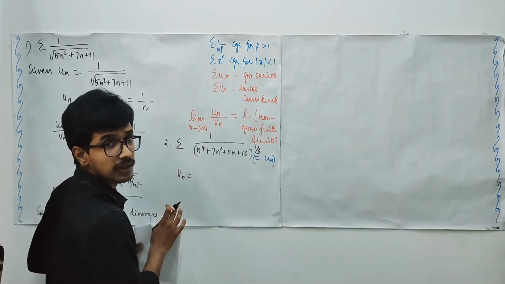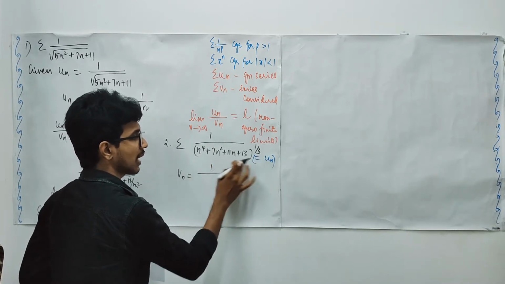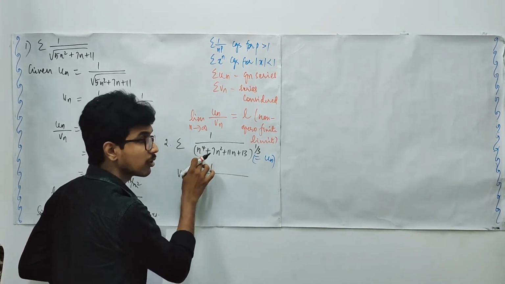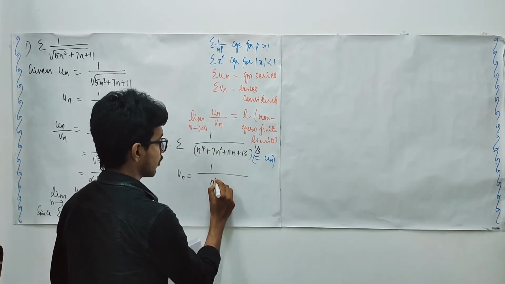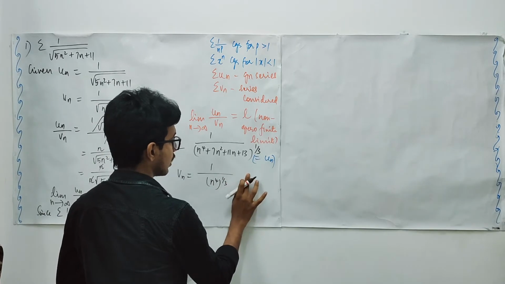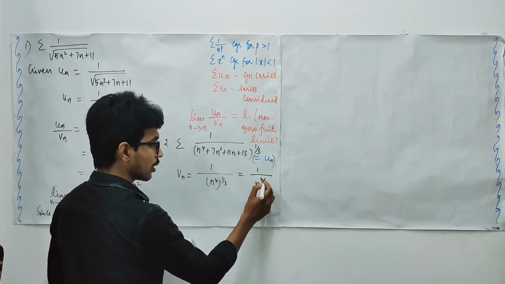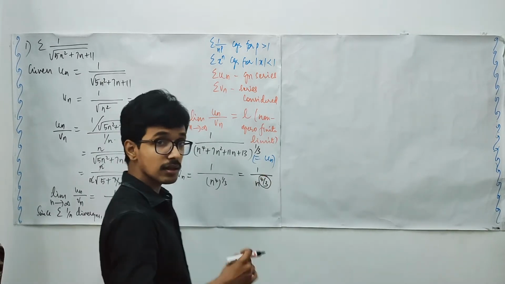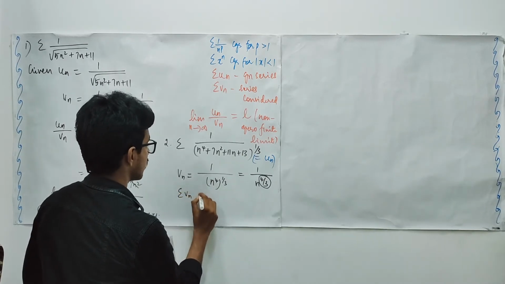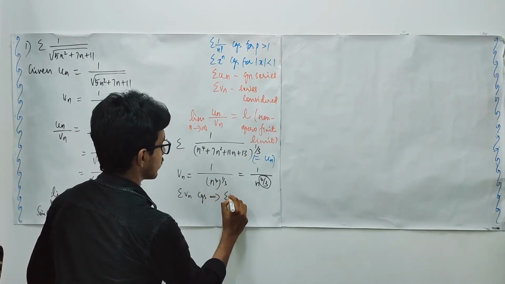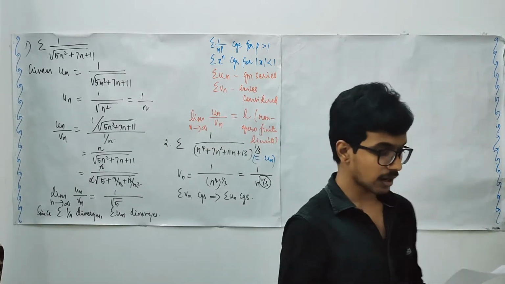Okay, what is going to be Vn here? Here in the numerator we have only 1. In the denominator the highest power of n is 4, that is n power 4. You have to the power 1 upon 3 as well. So when you choose n power 4 to the power 1 upon 3, it is going to be 1 upon n power 4 by 3. Okay, since this 4 by 3 is a quantity which is bigger than 1, your summation Vn converges, and this implies what? Your given series converges, right?